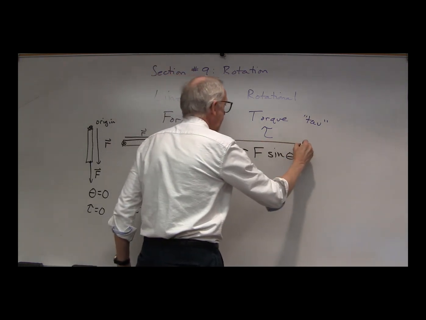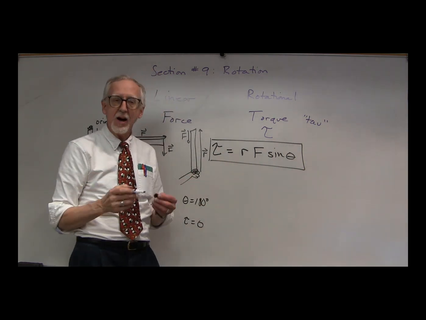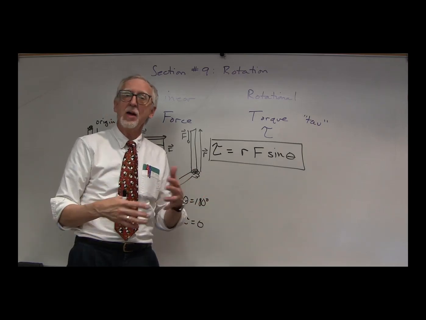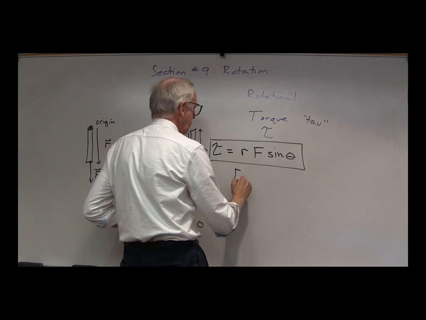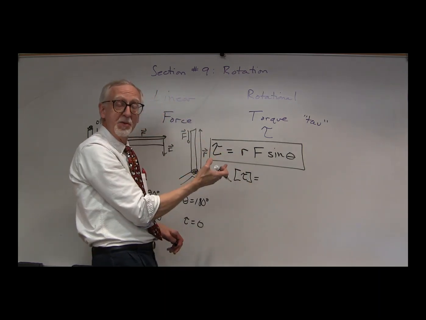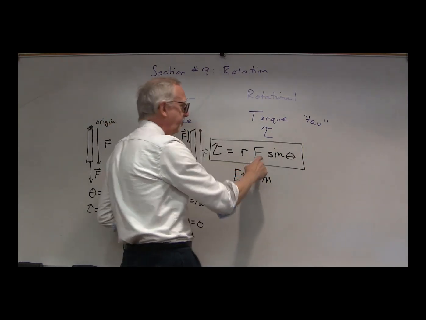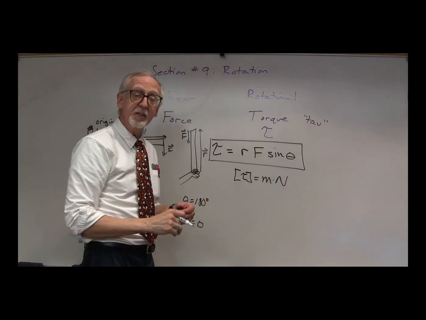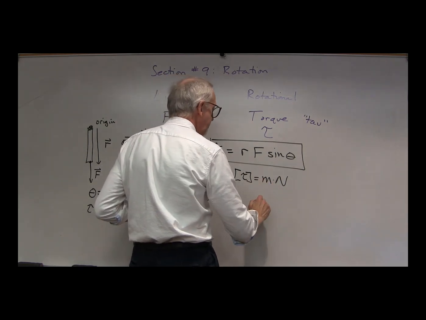This torque is then the quantity that tends to make objects rotate, to change their rotational properties. Next, what are the units of torque? The units of torque will be the units of R, which is a position vector, so meters, times the units of F, newtons, times the units of sine theta. Sine of an angle is unitless, so we end up with units of torque equal to meters times newtons, or newton